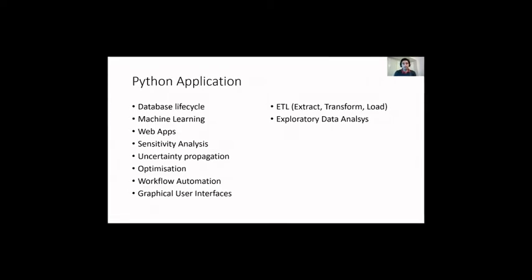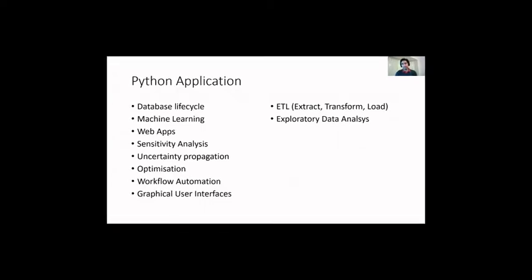Graphical user interfaces. This is an area where I don't think Python is extremely good. I think there are other tools that are better than Python. However, there are some libraries where you can build your own graphical user interfaces.